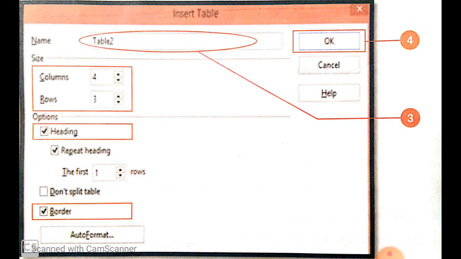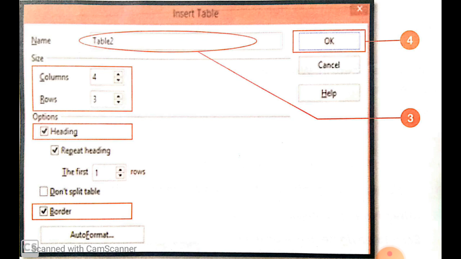Step 3. Give a relevant name to the table. Set the number of columns and rows required in the size option and press OK.